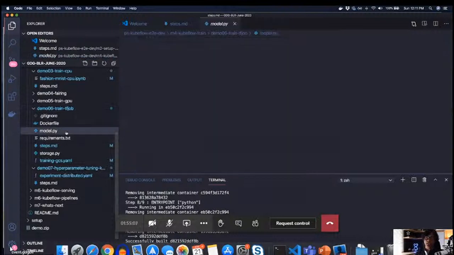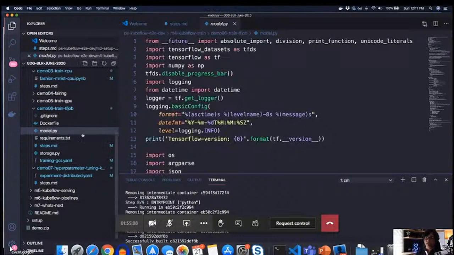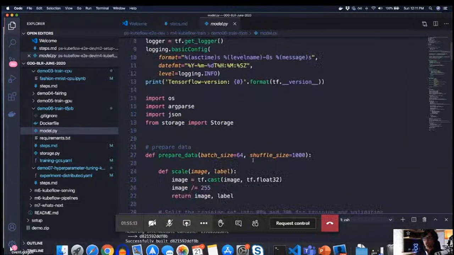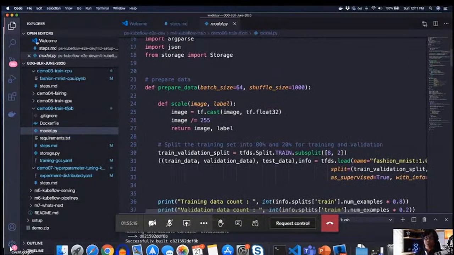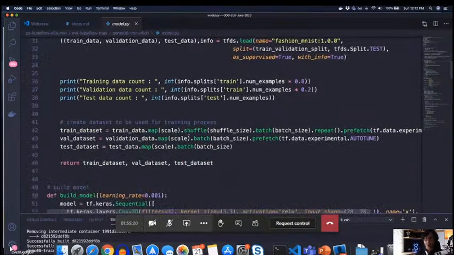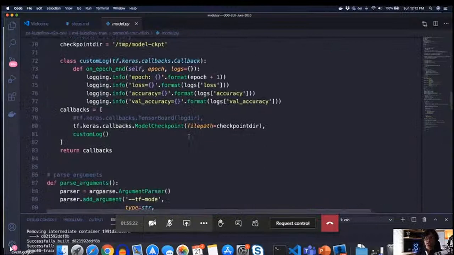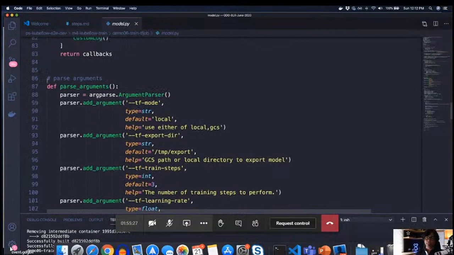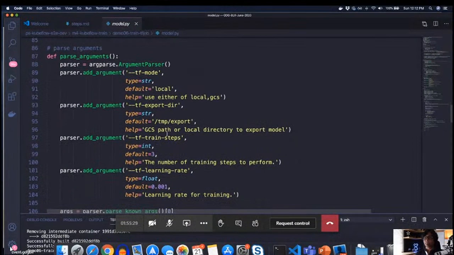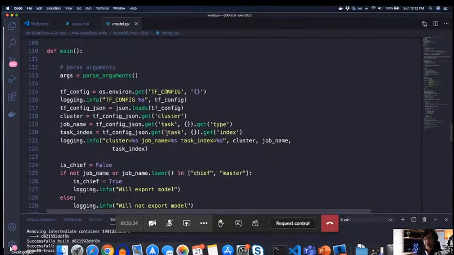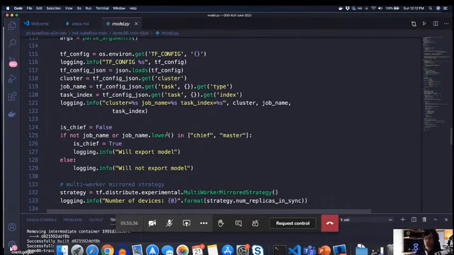So essentially, this is my model.py, and the code may remain very similar. What we just saw is exactly the same: we have the prepare data function, build model, get callbacks, all of this that we have just seen. I just added another argument so that we can pass all of these as arguments to the function. And the one thing that Kubeflow provides is what you call a TF job,